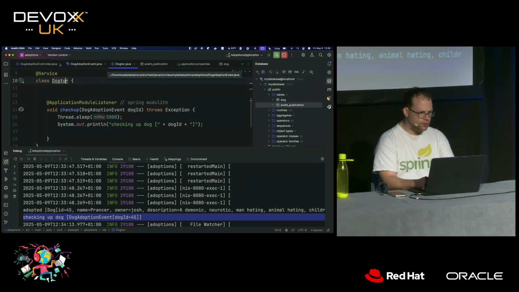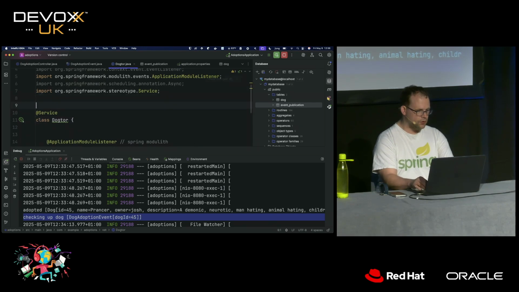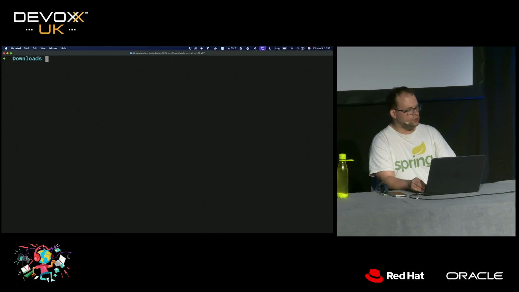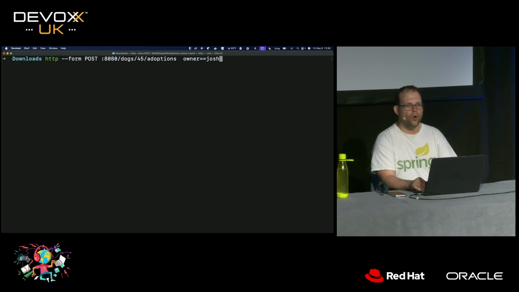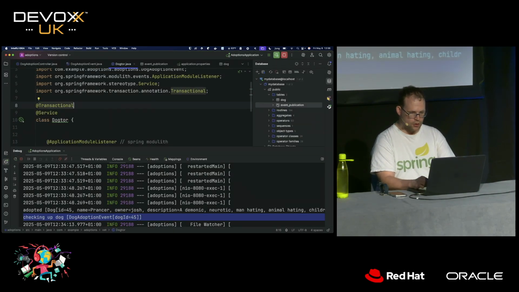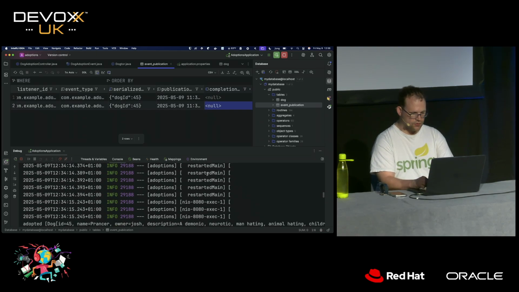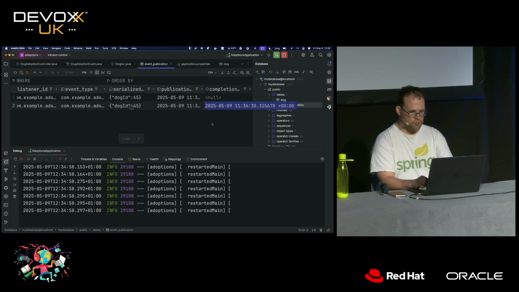Oh, you know what I forgot to do over here in the dog tour? Forgot to make this also transactional so that it participates in the actual back-end transaction. So what we'll do is we're going to run the same exact thing one more time, publish, go over here again, and this time you can see it's null, but give it a second or so, 5 seconds in fact, and there you go, it's not null, right? So this gives us the ability to make sure that we didn't accidentally mishandle missed messages. This is very, very important.